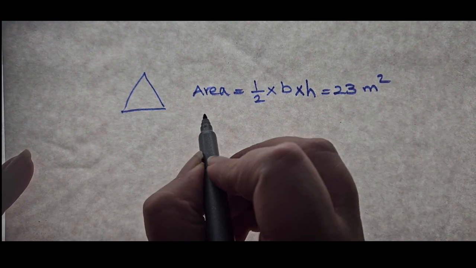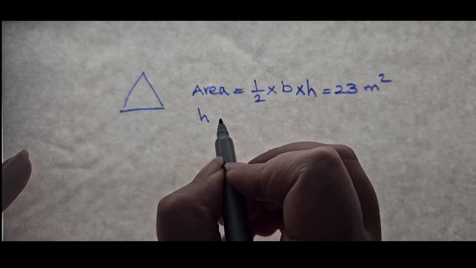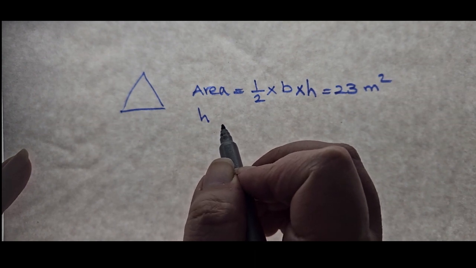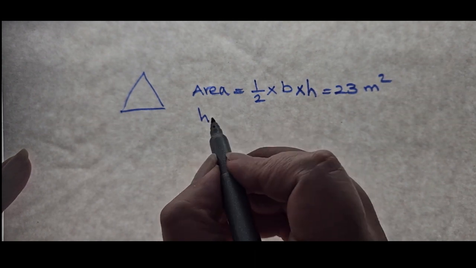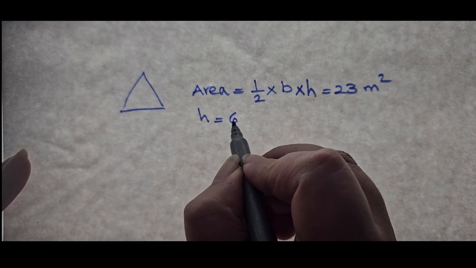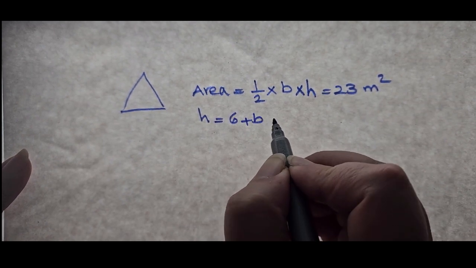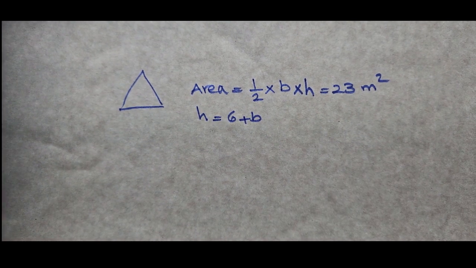Now, let's say the height is 6 meters more than the base. So the height is 6 meters more than the base. This is the relationship between these two. Now let's represent the base of the triangle, and here it's asking you to set up an equation for b,